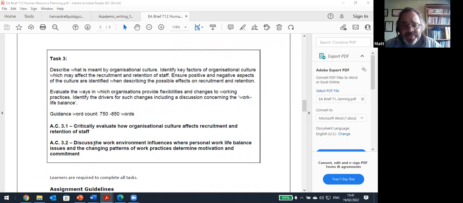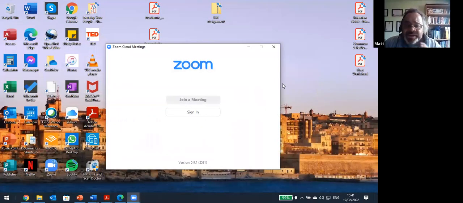It is not tell me everything you know about organizational culture. It is evaluate organizational culture. So evaluate means this is what you've got to do with it. You need to look at that other document. So that is the first element of, I'll just stop sharing for a little while. That's the first element of doing it, in order to know what